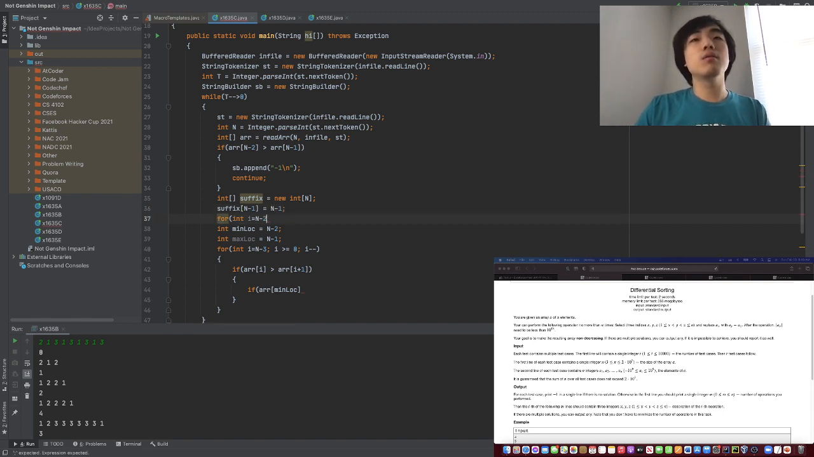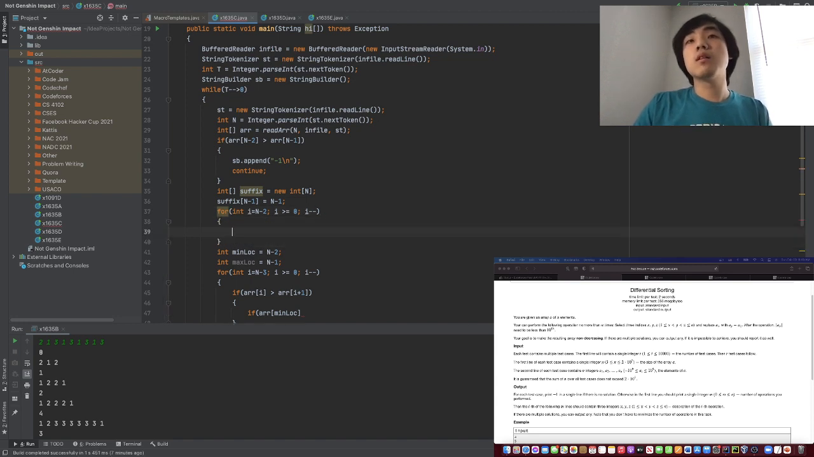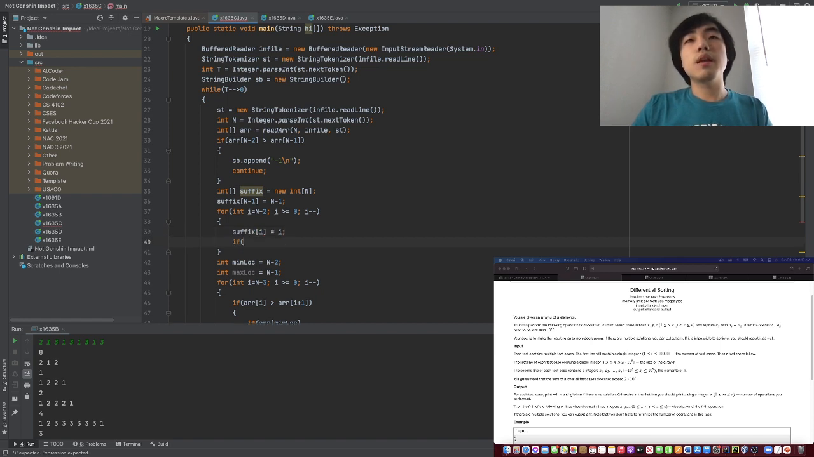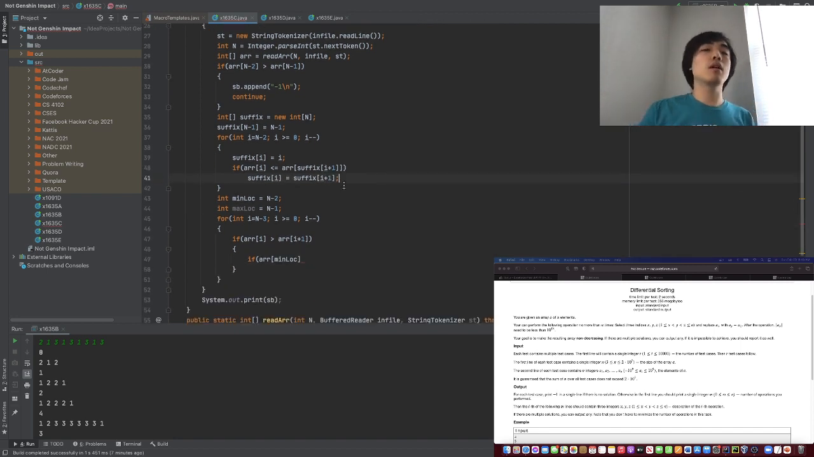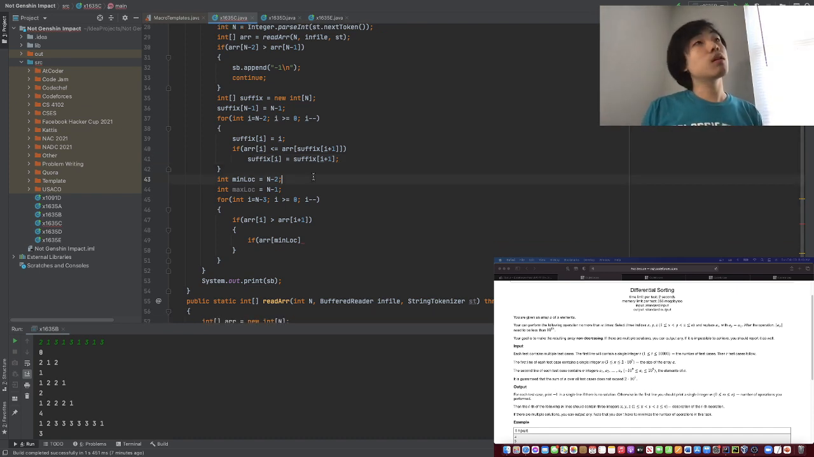So if I is equal to, okay, so if array at I, I'll assume this, but I'm going to do the maximum. If it's less than or equal to array at suffix at I plus 1, then suffix at I becomes suffix at I plus 1. So this should tell us where the maximum is located in the suffix. Okay, so after we know where a maximum is located in a suffix,